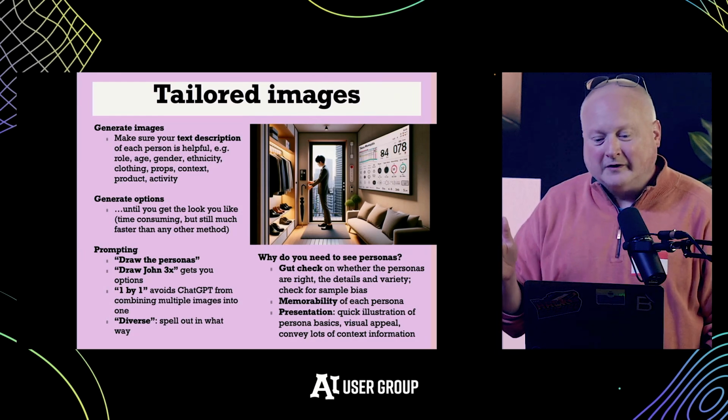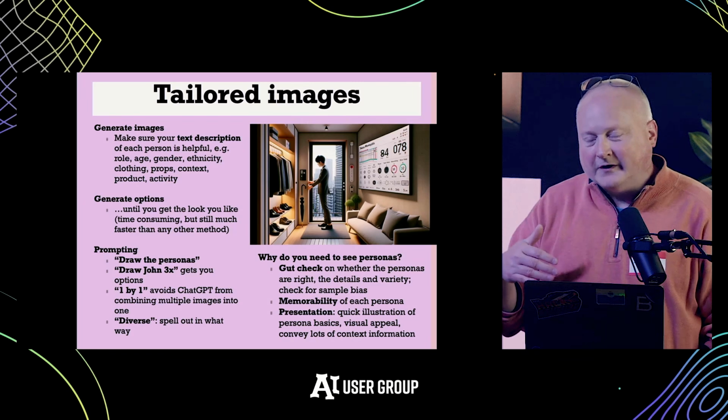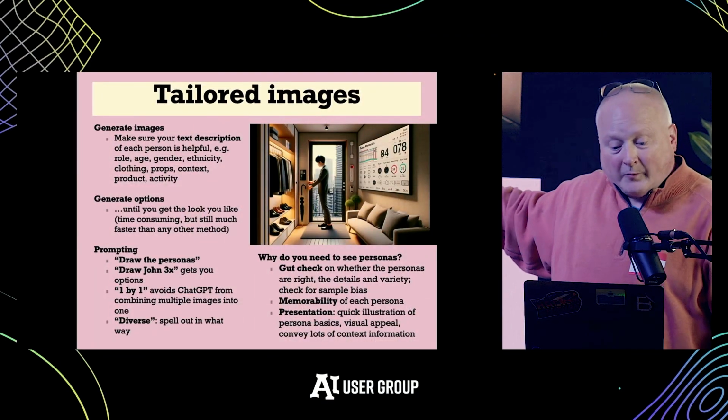And I actually believe that diversity is really important, and the images help you make sure your original data, your original personas, actually were varied, because often they're not. So when you generate it in text, it also has that bias in the text where the ages are often very young. I don't understand why it does that. You'll give it an age range and it'll still make them all young. So you'll catch that, and then you can fix it. And once you draw them, it's usually easy to catch a lot of these issues. So I believe in making these images that they don't cost much in your time, and they help make it memorable.